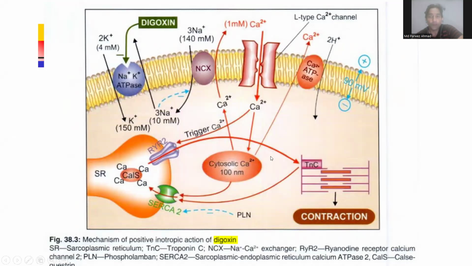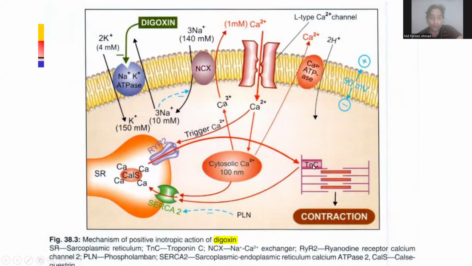Now, the excess and abundant amount of calcium present in the cytoplasm of the cells activates troponin C, and finally actin and myosin interaction takes place, and finally contraction occurs. These are the mechanisms of action. Okay, but after the systole, after the contraction,